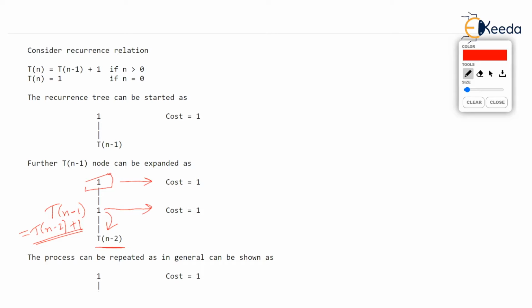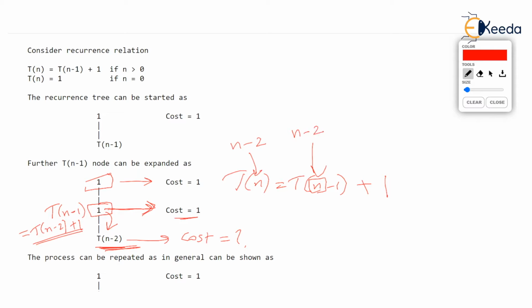And then we have got one more level, the next level, whose cost is again 1. But we still can't write the cost of the next level because we don't know what is Tn minus 2. But then what is Tn minus 2? Come on, it is Tn minus 3 plus 1. Because given the equation Tn is equal to Tn minus 1 plus 1, this is our recurrence relation. We want to know what is Tn minus 2. Simply put this n as n minus 2. Then this n over here will also be put as n minus 2. So this right hand side will become Tn minus 3, plus 1 will remain. So Tn minus 2 is nothing but Tn minus 3 plus 1.